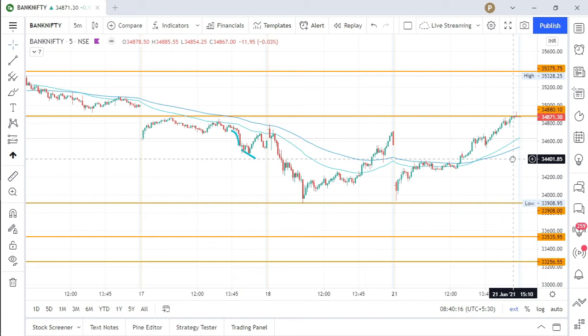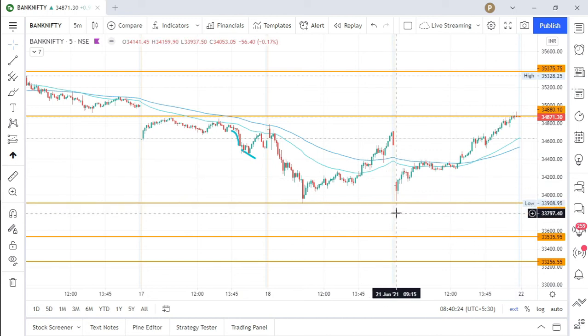We discussed that Bank Nifty might test the previous day's lows, and that's exactly what happened. Compared to Nifty, Bank Nifty fell drastically, and it also recovered in the same way. On the downside, it made a low of 33,937, just 30 points away from the previous day's low, and from there it sprang up like you can't say anything. Once in the past I mentioned Bitcoin is the only competition to Bank Nifty in volatile movement.